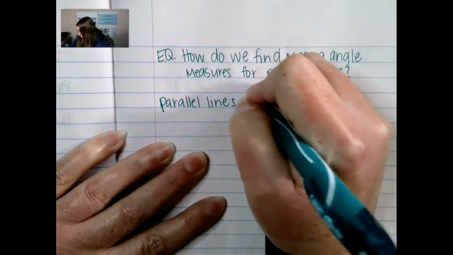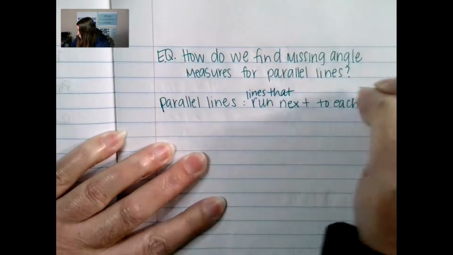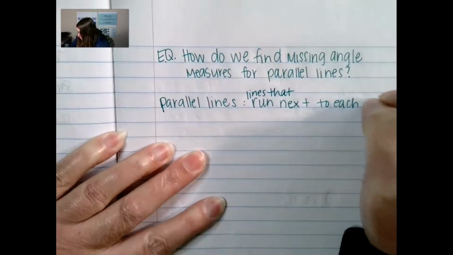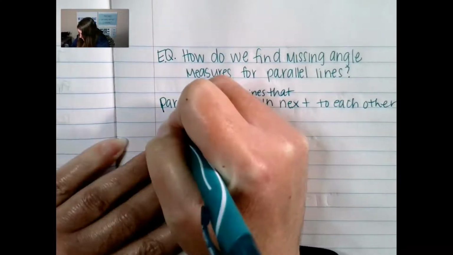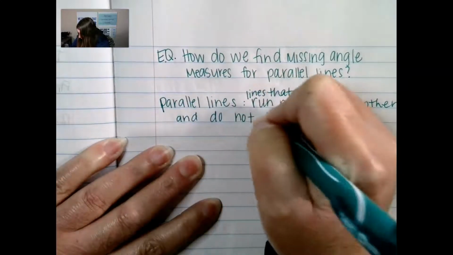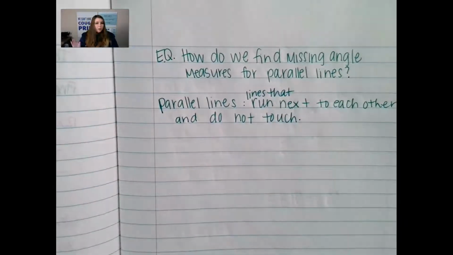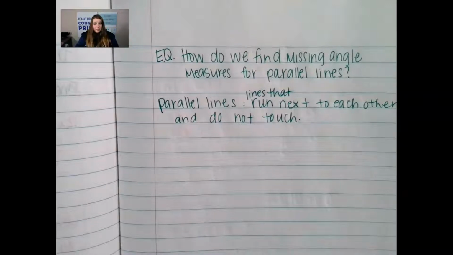Let's add the word lines here. Lines that run next to each other and do not touch. So they won't intersect, they will not cross over, they just run alongside each other like